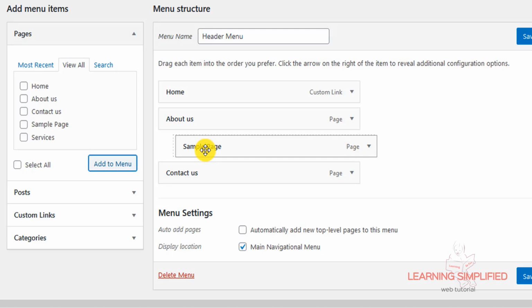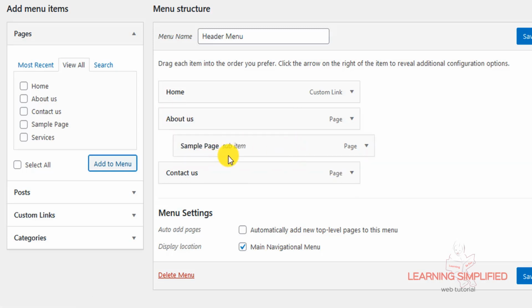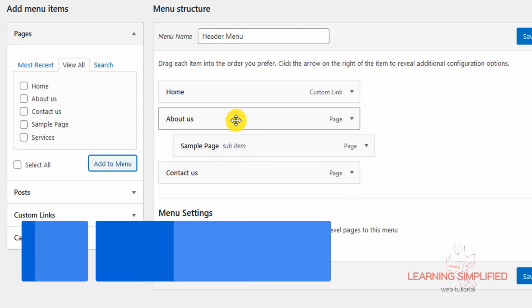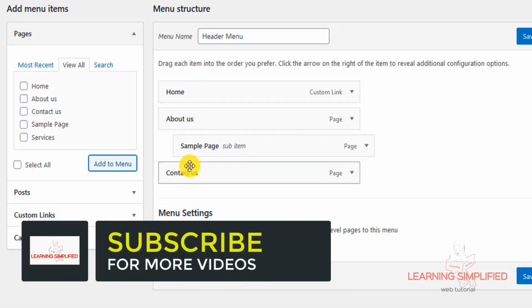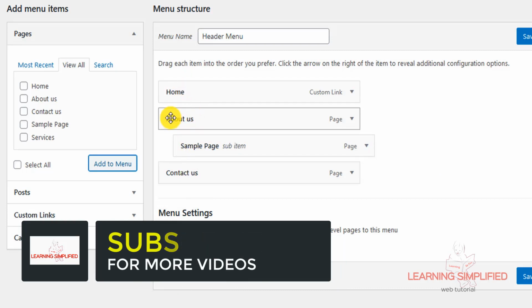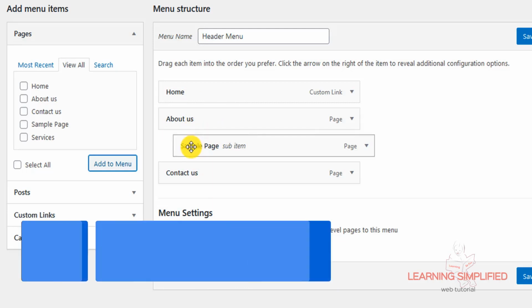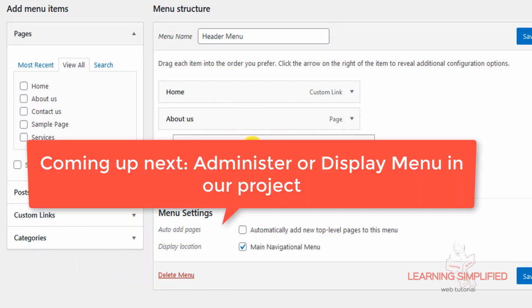Just drag it towards the right and leave it, and you can see that the sample page sub item is now created. So we have three menu list items right over here: the home, about us, and contact us. And about us section, it will be having a drop down of sample page.